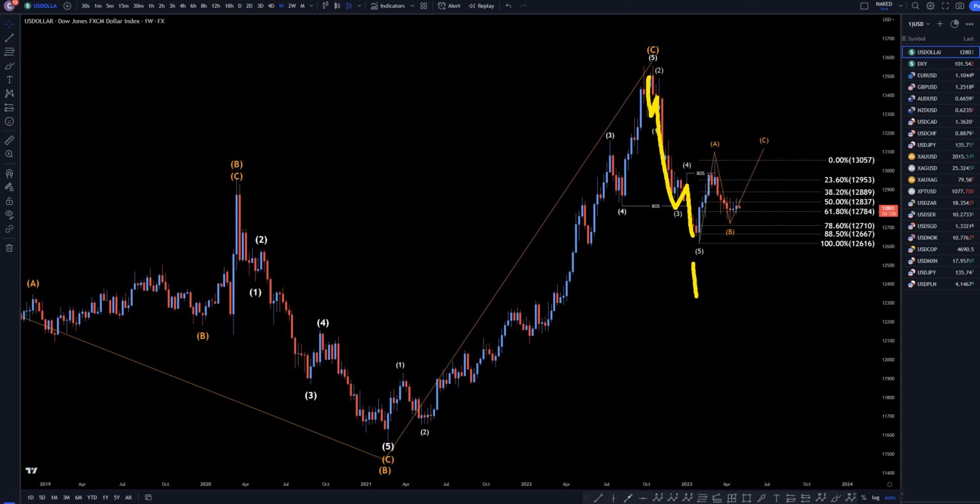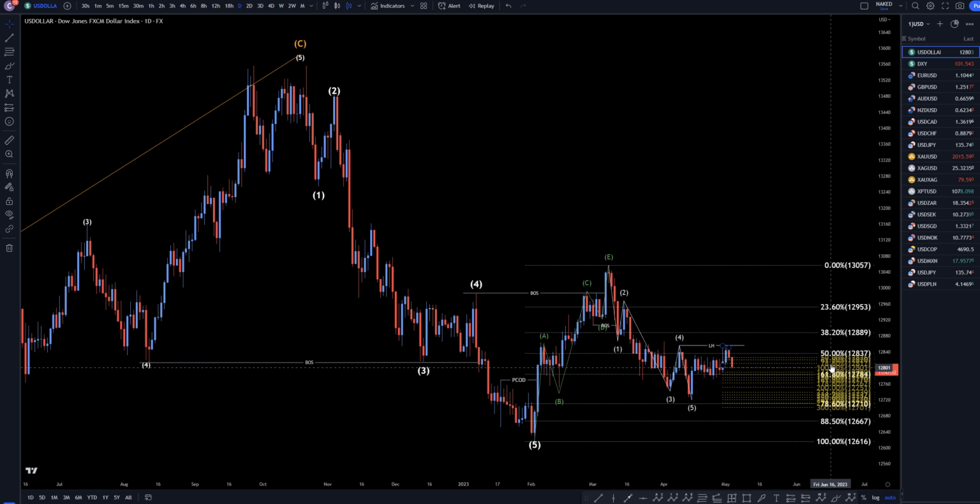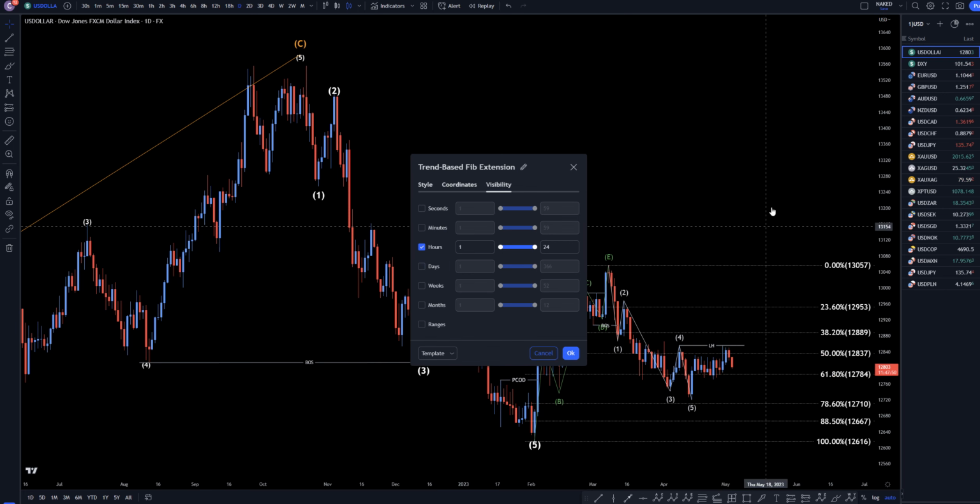But looking at the shorter time frames, I still think there's a very good likelihood we've already ended a correction and that this is actually just going to keep on trending down, probably already in a wave 3. So let's take it down to the daily time frame. So daily time frame, we definitely don't want to see that on the daily.